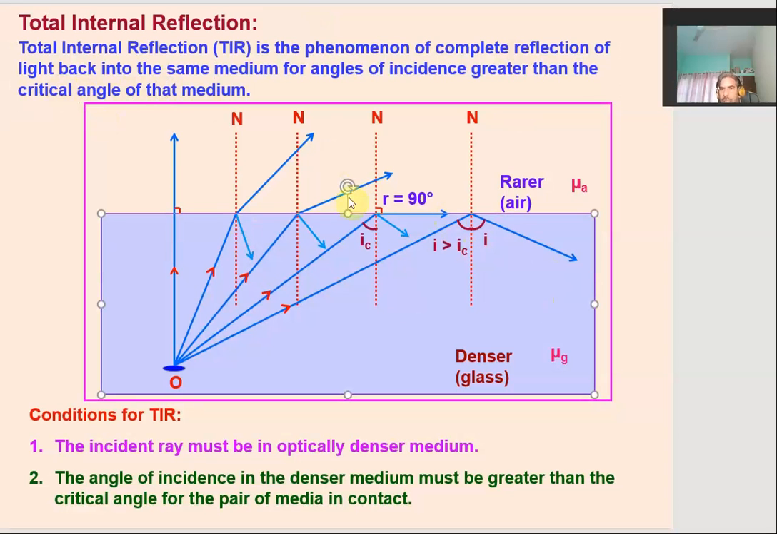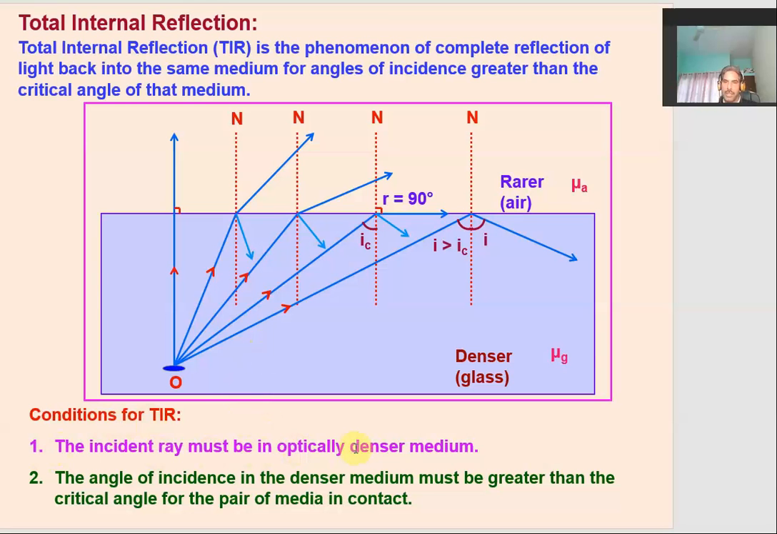So this phenomenon is called total internal reflection. It is a very important phenomenon. It takes place in a number of natural phenomena, just like the formation of a rainbow, right? So the condition for total internal reflection to happen is that, number one, the incident ray must be